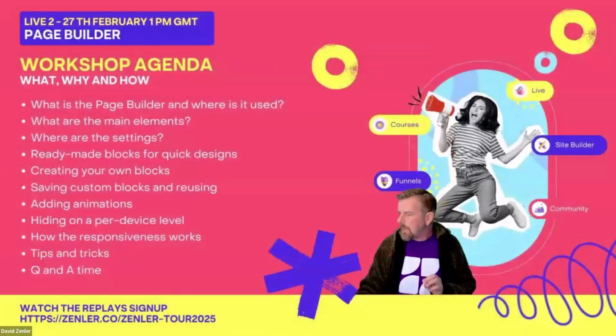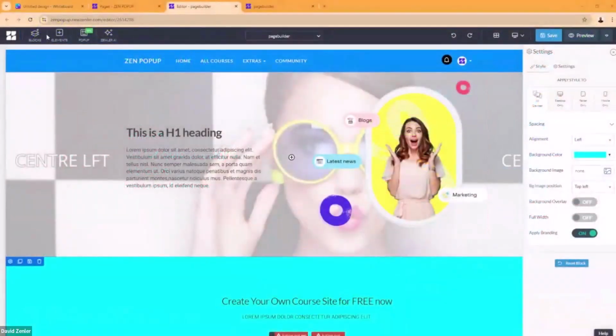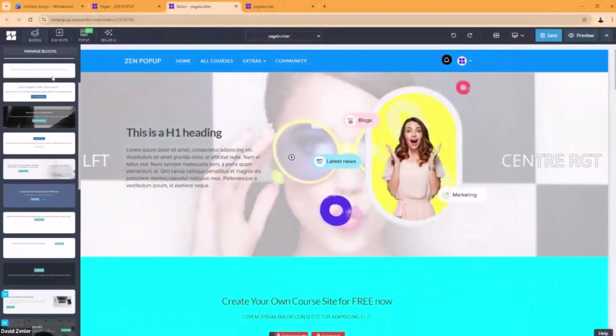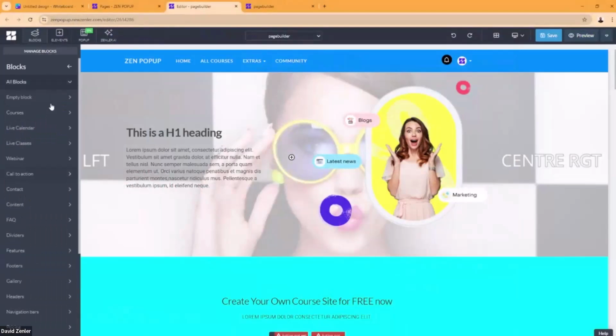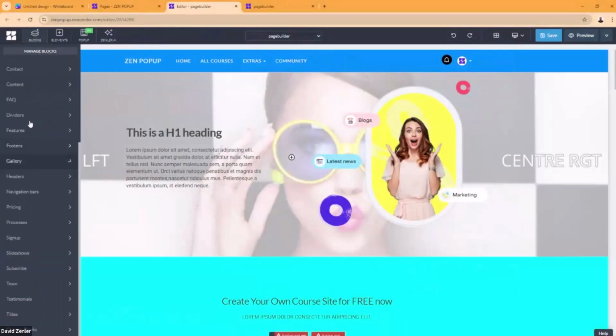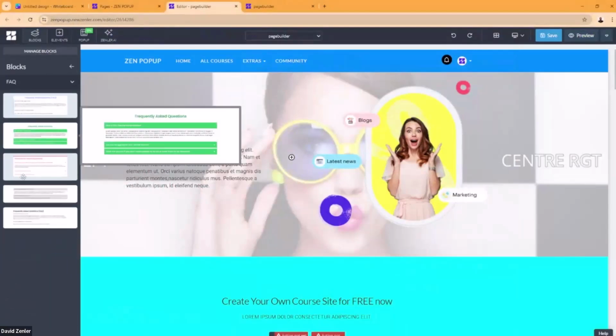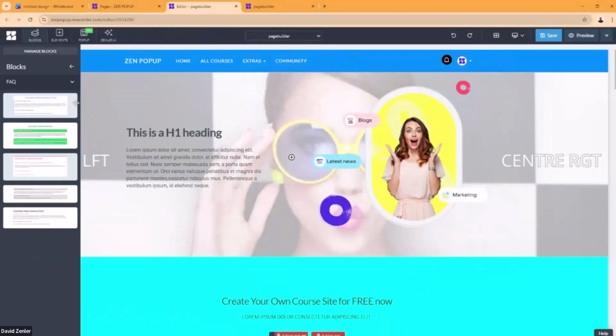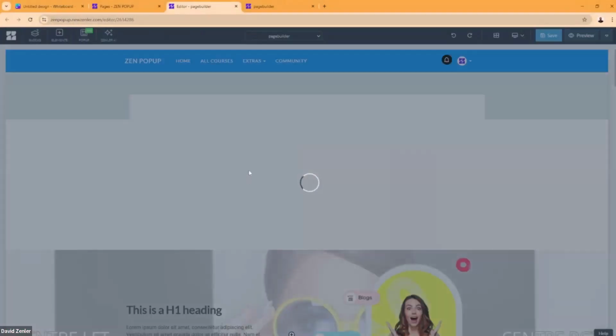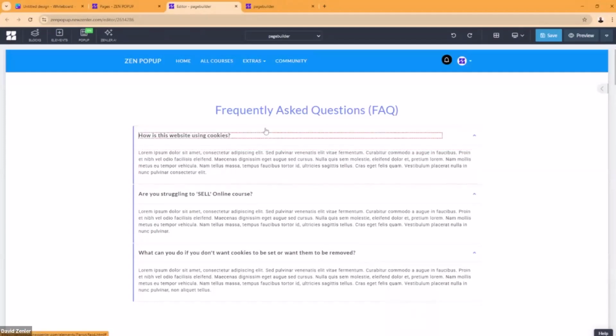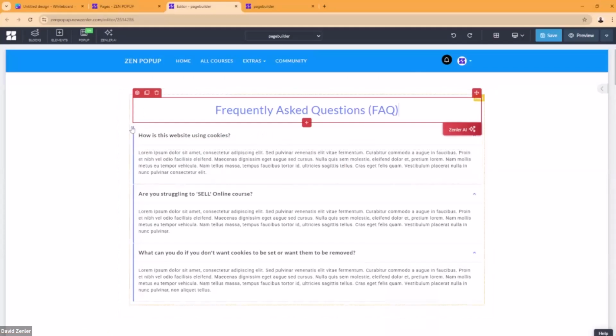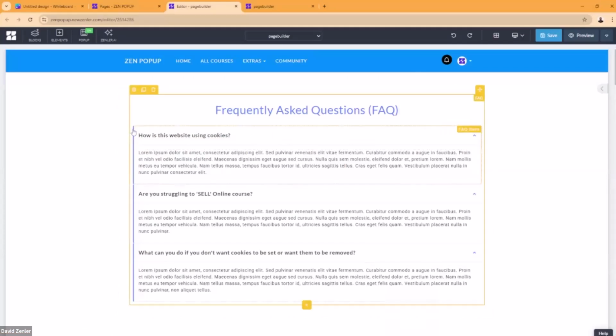Let me jump back. Okay, so ready-made blocks, there's a ton of them in there, and therefore a ton of different things that you can use it for. Blocks that are worth noting in this lesson are the FAQ block, which is quite a good one. And I want to touch on dynamic blocks in a second, but you can see I've got these FAQ blocks. These are used quite a lot. So if I drag this in here, these are kind of cool because you can come in here and you can actually add FAQs. So if I go to the main block for the FAQ, which is this yellow, yeah, I know we've not mentioned yellow before. We have certain things that have got different colors if they're special blocks.